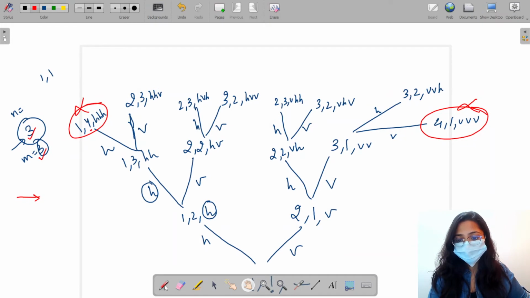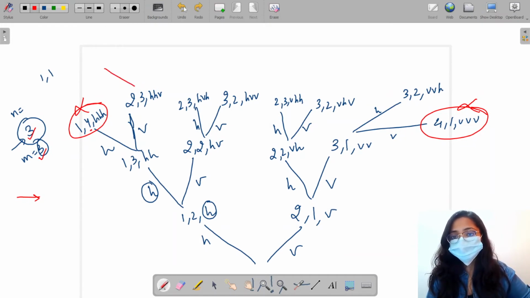Now, for this point, I can go horizontal and I can go vertical. So if I go horizontal, I'll now reach 2, 4 and it becomes HHVH, but again we've exited the matrix, so it is the wrong point.